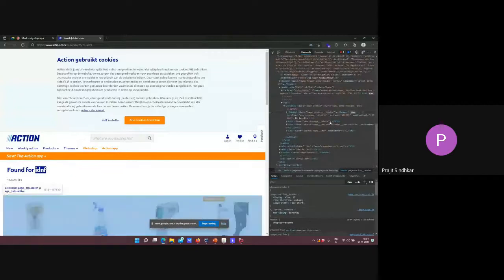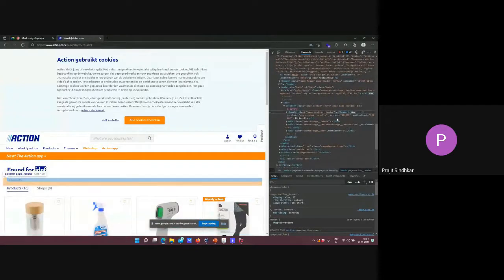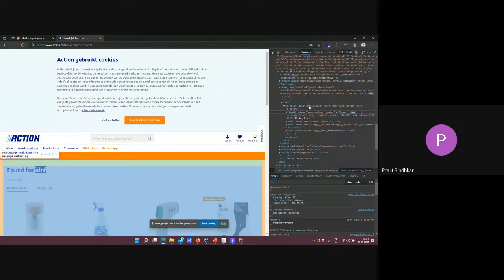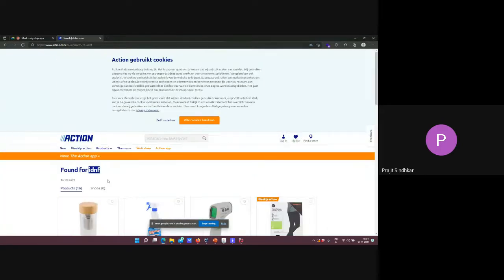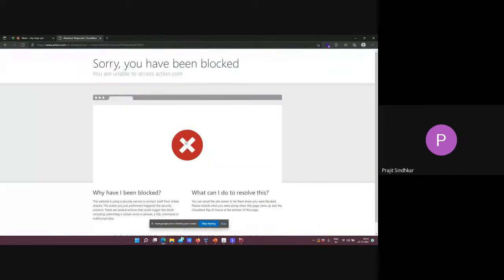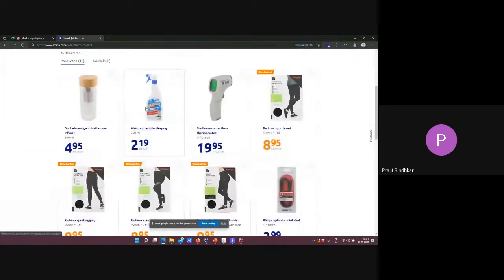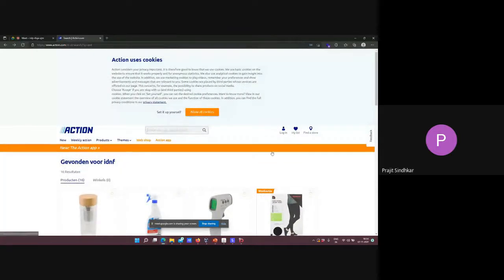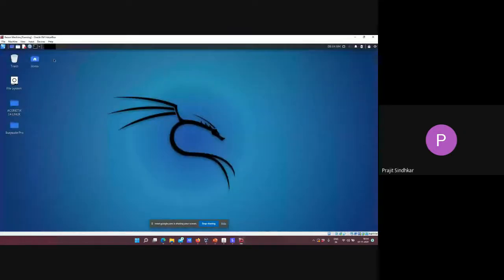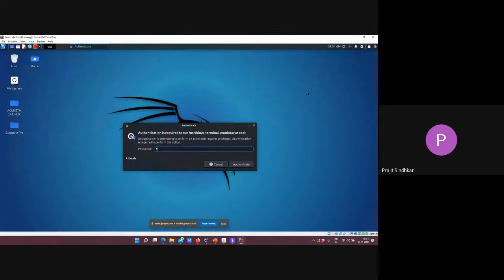For this endpoint, in the page section header, I got 16 results, and IDNF is written as a whole. So let's try our first and foremost basic common payload. Okay, it is Cloudflare, so it will be hard to get an XSS here. So let's try directly on the recon part.